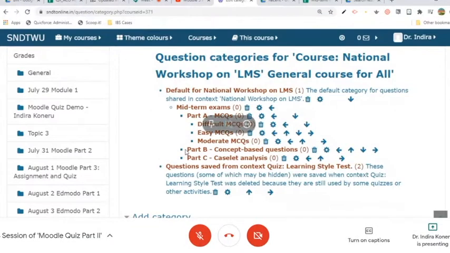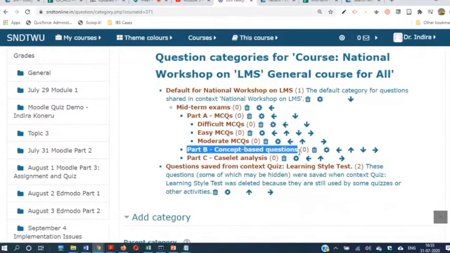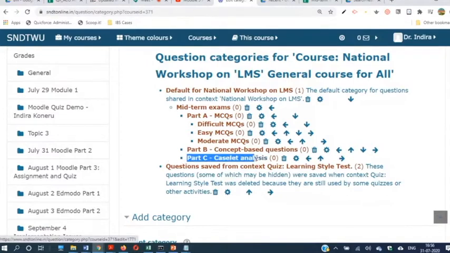Similarly, under Part B, our students will be writing answers for 3 questions. For that, we need to import 3 times 3, minimum 9 questions. You can import as many as you would like to. For that, we are going to use the GIFT format. What do you mean by GIFT format? General import format template. And coming to Part C, case analysis, the student needs to analyze one case. So our faculty members need to import minimum 3 questions, 1 out of 3.